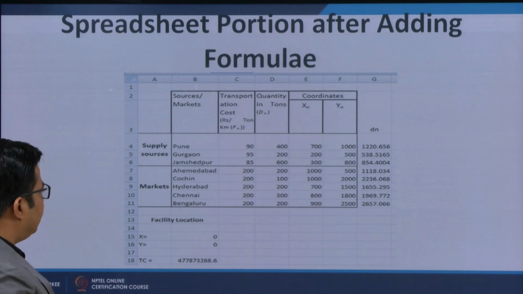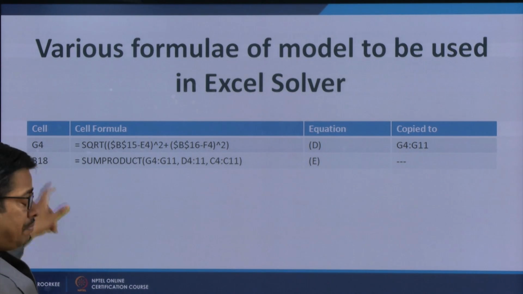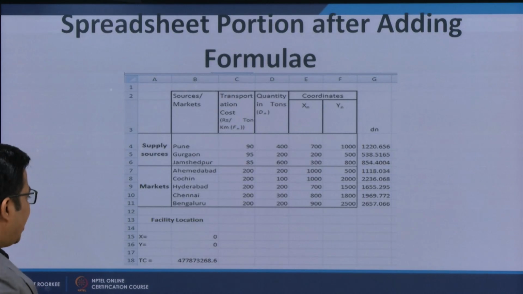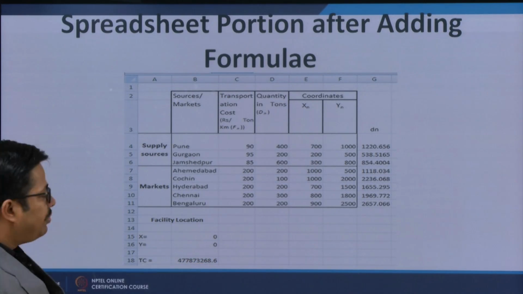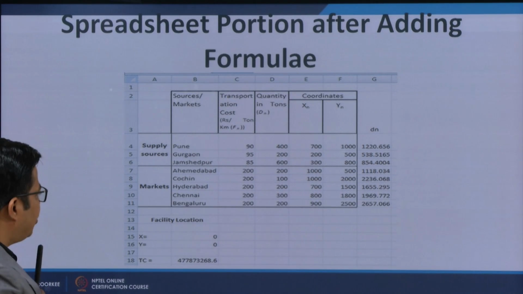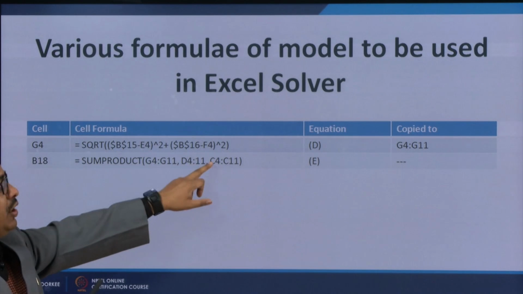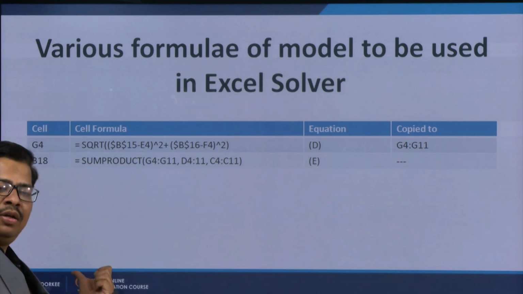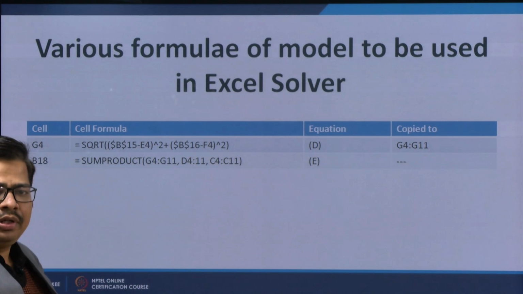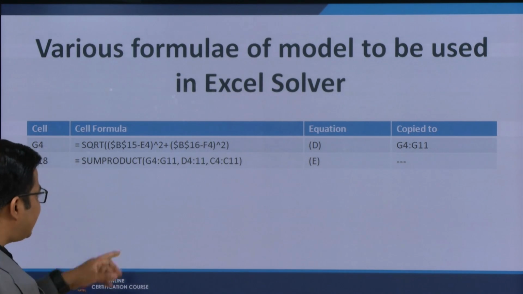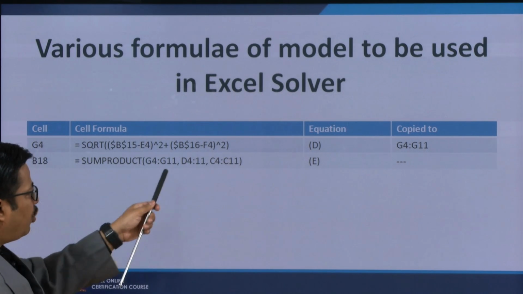Now coming to the second formula, that is for cell number B18. In B18 we are putting the total cost. So total cost, as you know, is the sum product of these three values. If you remember the formula which we discussed in the initial slide of the gravitational model, you have multiplication of G4, D4, C4,